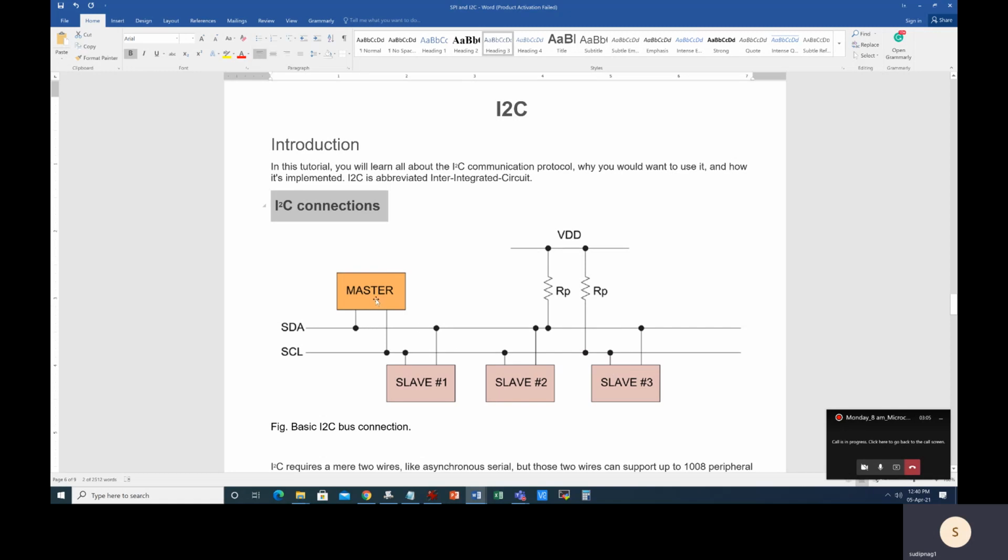Now, in case of I2C, the SCL signal is always issued by the master. That means the SCL signal is always coming out of the master and going inside the slave. So the slave SCL pins are all inputs, the master SCL is always an output. Whereas SDA is a bidirectional line. That means it can take both input and output at the master. Same thing, both input and output for the SDA lines of slave devices.